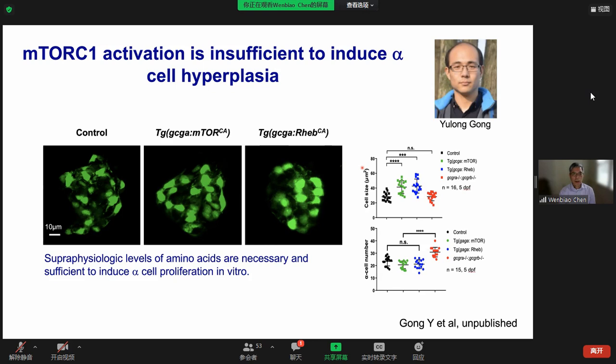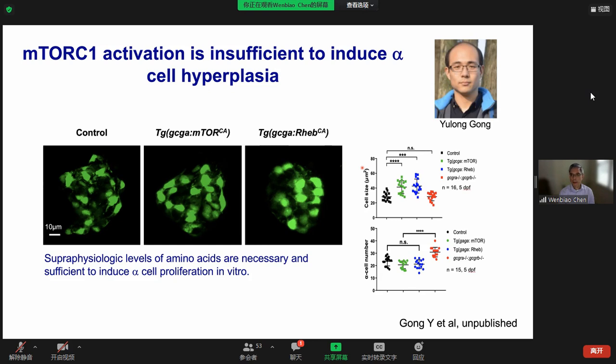First he generated transgenic zebrafish that express a constitutively active mTOR or a constitutively active RAG, which is an upstream activator of mTOR. In those animals, he did not see an increase in alpha cell number or alpha cell proliferation, but he did see an increase in alpha cell size,